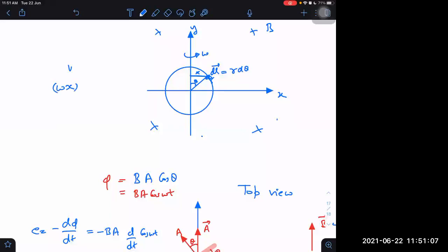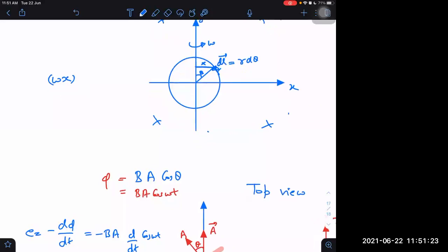So V cross B: V and DL are perpendicular or not? Velocity is into the plane, right? It is rotating, so it will be going into the plane from here. And DL is this side, they are mutually perpendicular, and they will always remain mutually perpendicular. So I can say V into L, but the magnetic field will not always remain perpendicular to this, as DL will be in a circular loop. Initially, only V is in the direction of the magnetic field.